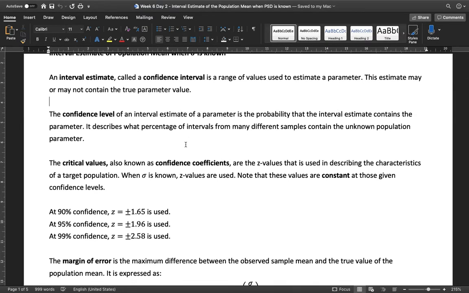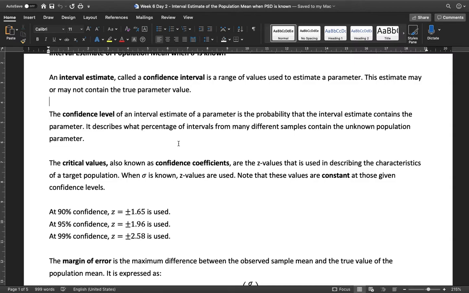So we set a percentage on those confidence levels, and there are three commonly used confidence levels: may 90%, 95%, and 99%. So pag sinabi natin na 90% confidence level, ibig sabihin nun 90% sure tayo na yung population mean nandun sa interval estimate natin. Pag 95% confidence level, 95% sure tayo na yung population mean nandun sa loob ng interval estimate natin. And kapag 99% confidence level, 99% sure tayo na yung population mean natin nandun sa interval